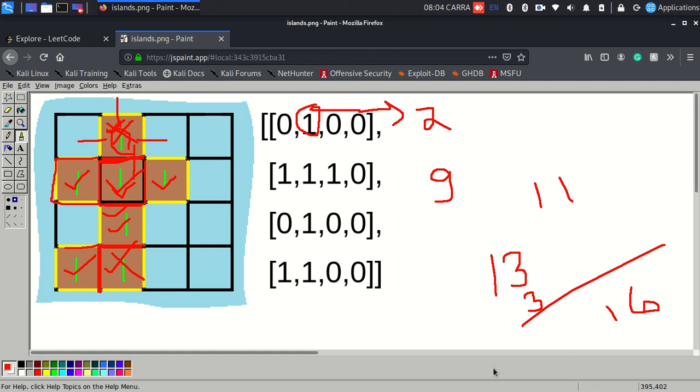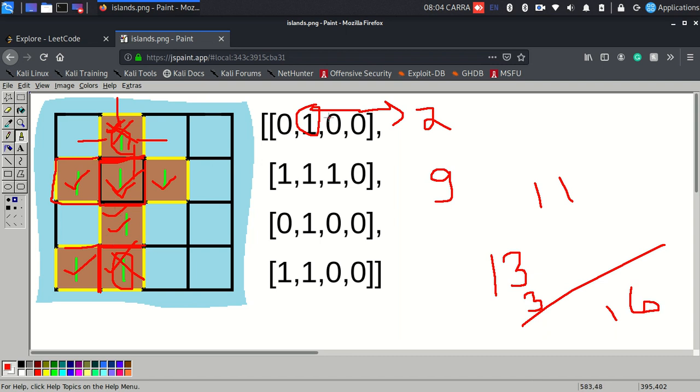Because if you see in this example, when I come here, I have already traversed all my upward ones. But that doesn't necessarily mean that I will not take them into account. While traversing I will not take them again, but while considering the edges I would have to take all of the ones that are present in my adjacent neighbor cells, right?